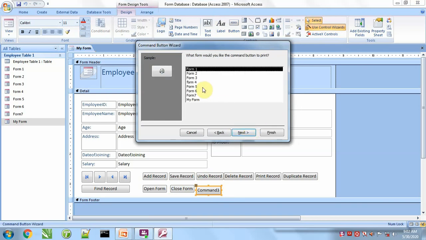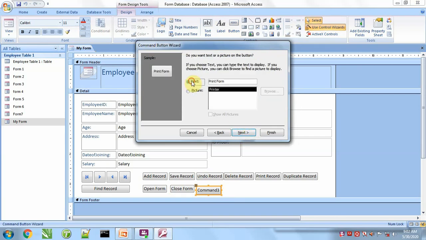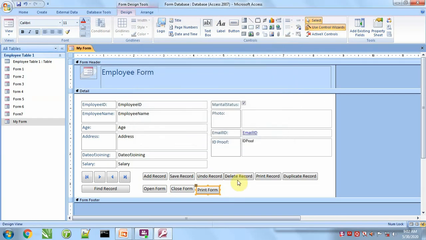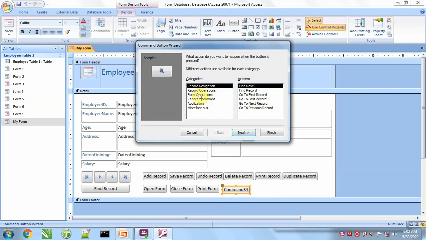Here, if you want to print the record of a form, we have to select the form. I am taking form 3. It will print form 3. If you want to print the current form, click on it.